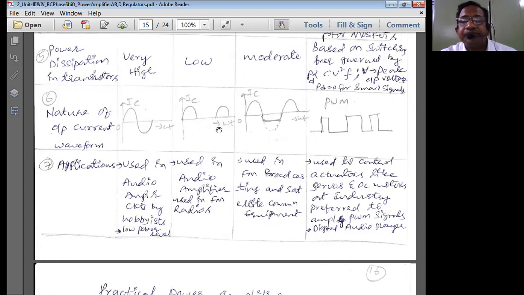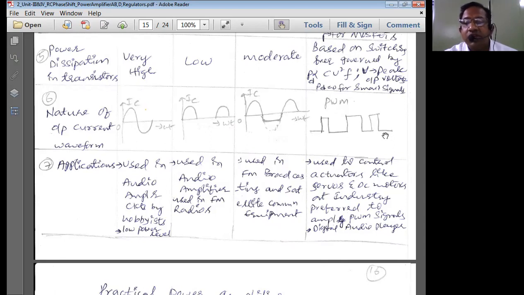That means there will be some signal after zero crossing also. This is what we are going to observe in the class AB type of power amplifier. And class D is simply going to be a pulse width modulated signal. If you observe this carefully, the width of the pulse, here it is somewhat short, here it is more. Width means when the pulse goes high and remains in the high condition. So compare these time periods, they are different, and this time period is different from these two. That means there is a change in the width of the pulse.